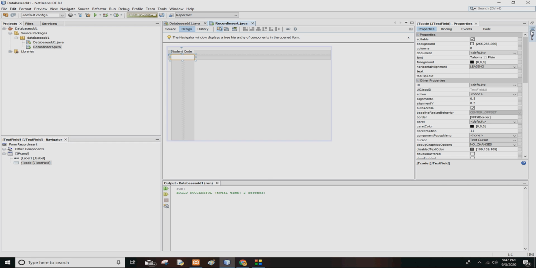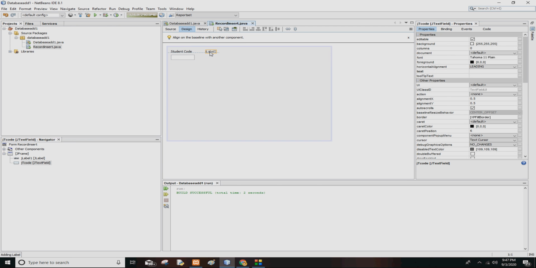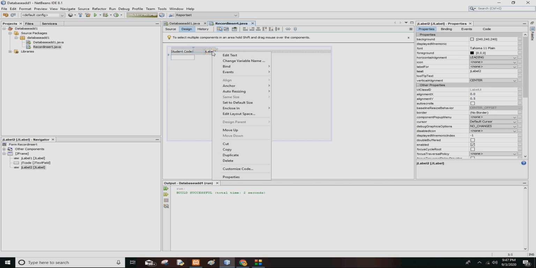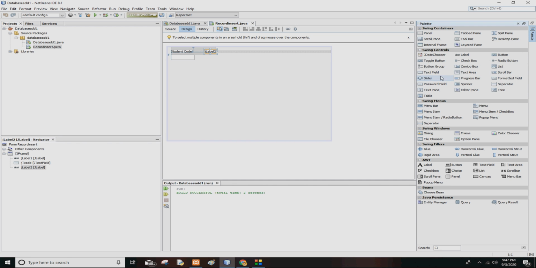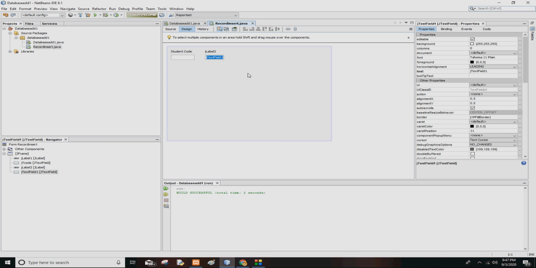Then in that same process I will do the next thing called student name. So edit text, student name, and again I will take the text field from here. Edit text. I'll change the text. I'll increase the size of this.